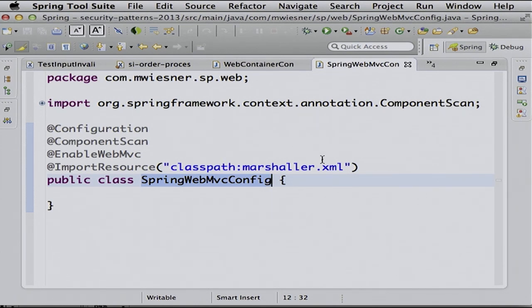It just says enable WebMVC, it sets up a component scan. We'll actually have an XML file here, but just because I did that last night and then hadn't had enough time to do that in the Java config, that marshalling thing. It's a very new thing. So you can also point to an XML file. That is what I wanted to show you here.